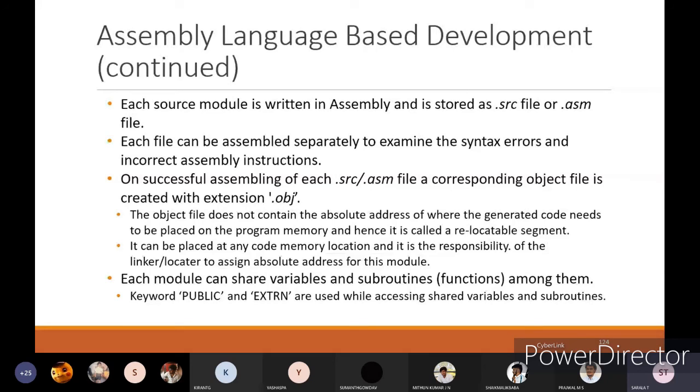Linker and locator will find the proper address where the object file should be located. Each module can share variables and subroutines among them, and the keywords public and extern are used while accessing the shared variables and subroutines.